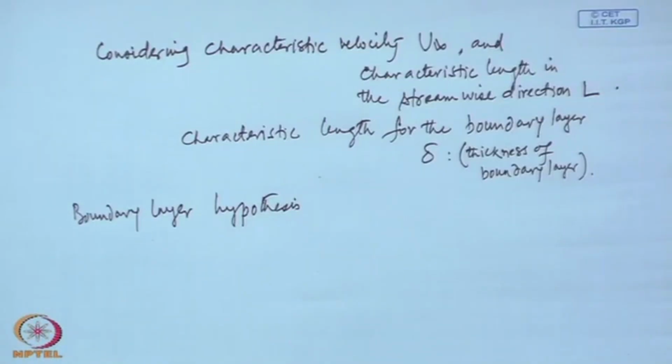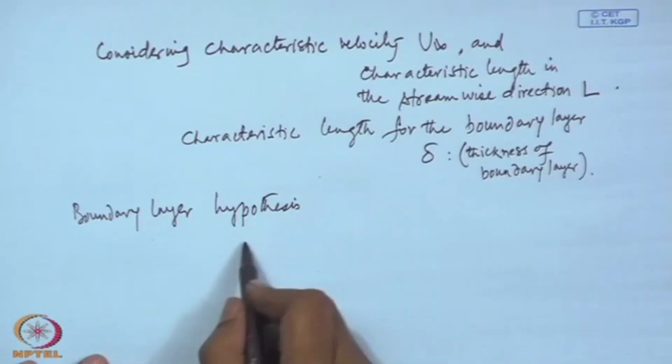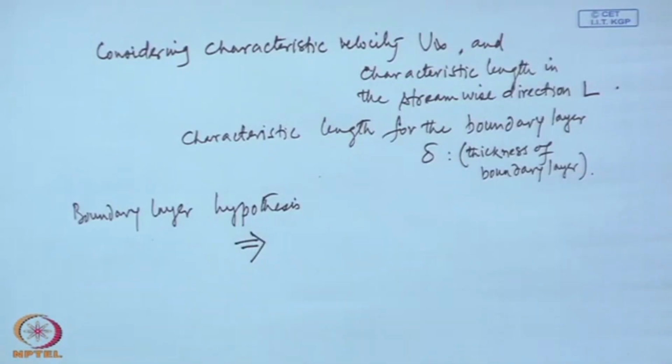Now, the boundary layer hypothesis, what it implies, as you have said, is that the gradient in the x direction, or the streamwise direction,